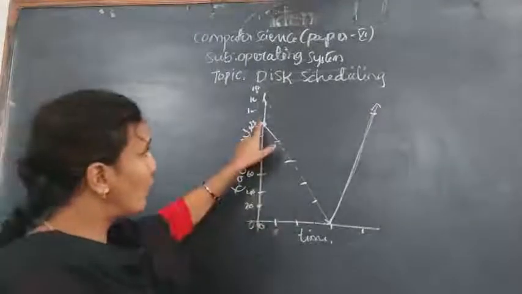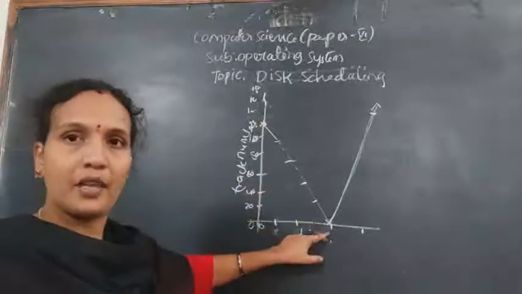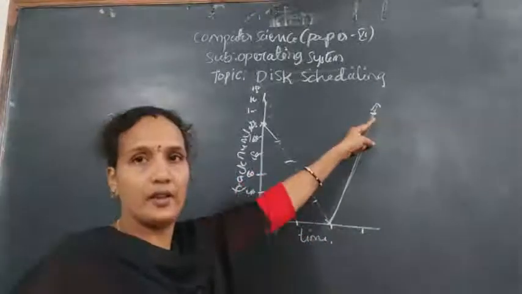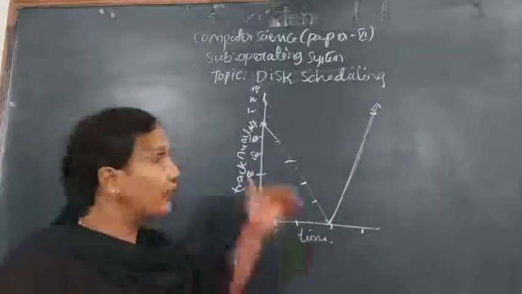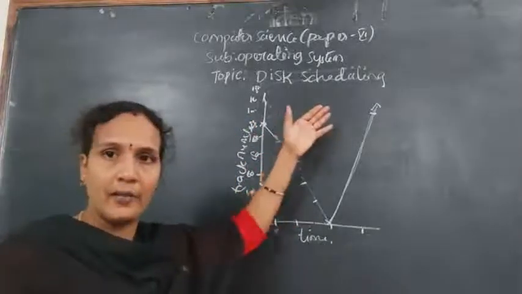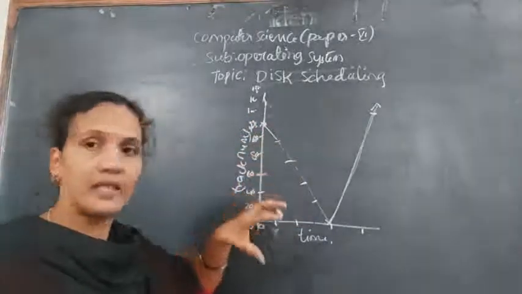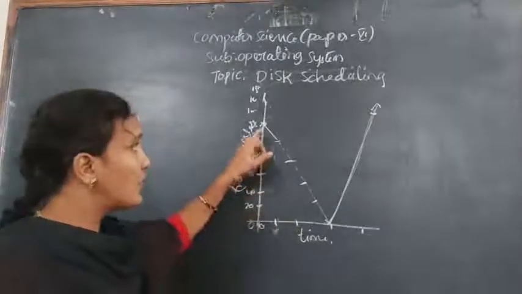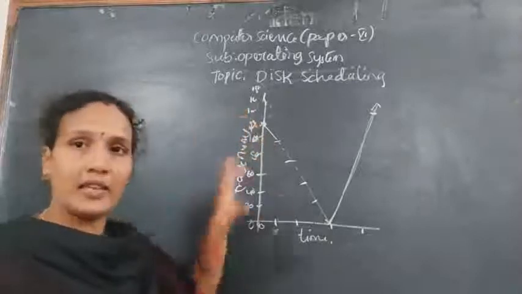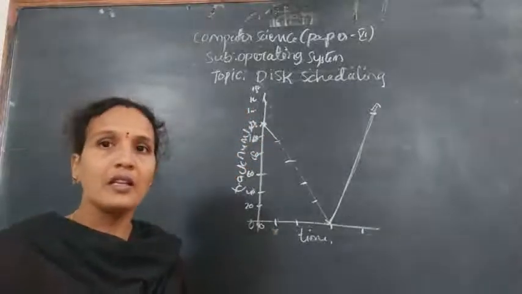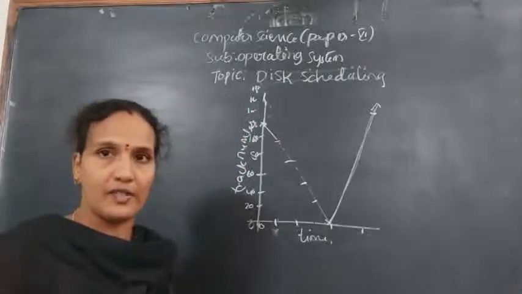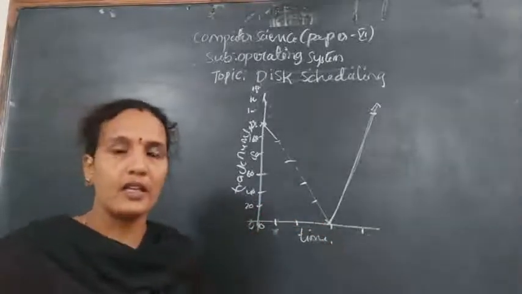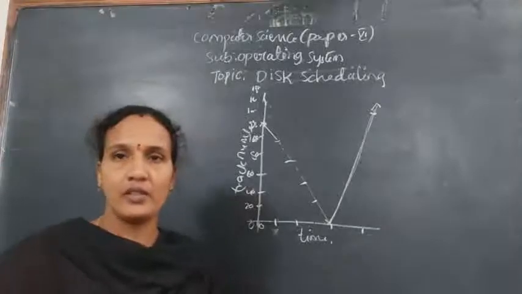So from one end to another end, again it will move in the reverse direction, from one end to the other end. When it reaches a particular cylinder, where cylinder means you have track numbers there, whatever requests are there in that particular cylinder will be serviced and it will move to the next end. That's it. We have only this one point in the SCAN scheduling algorithm.